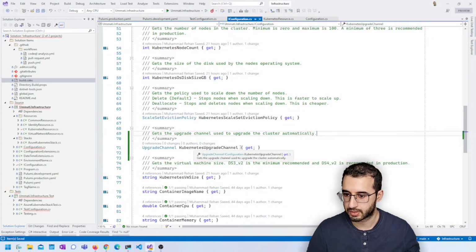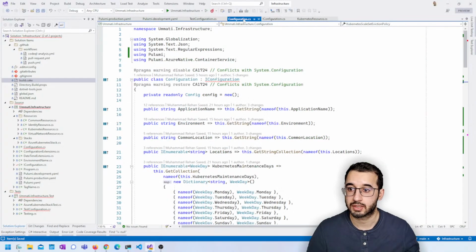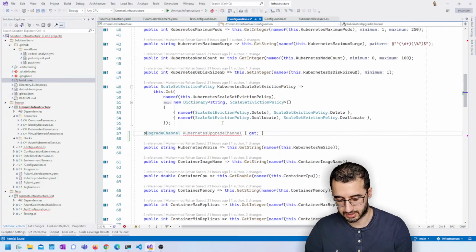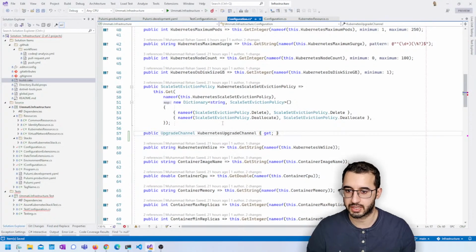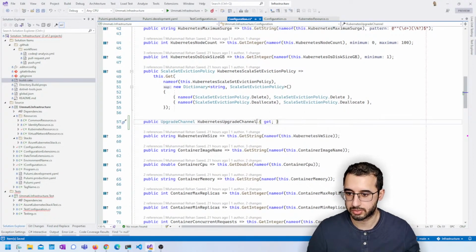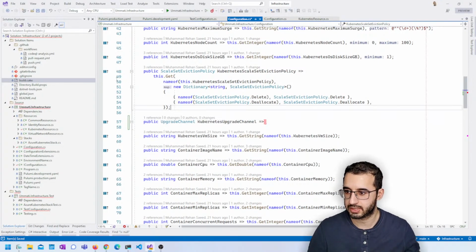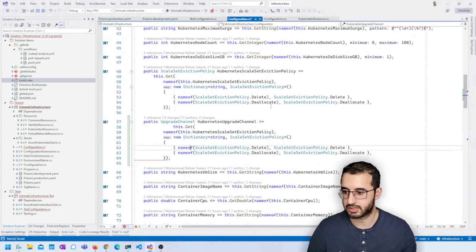Okay, and we'll just take this and also implement that property over here. And I created some nice new shortcuts to be able to pull these settings from the configuration file, and one of them I created is called get, and what this does